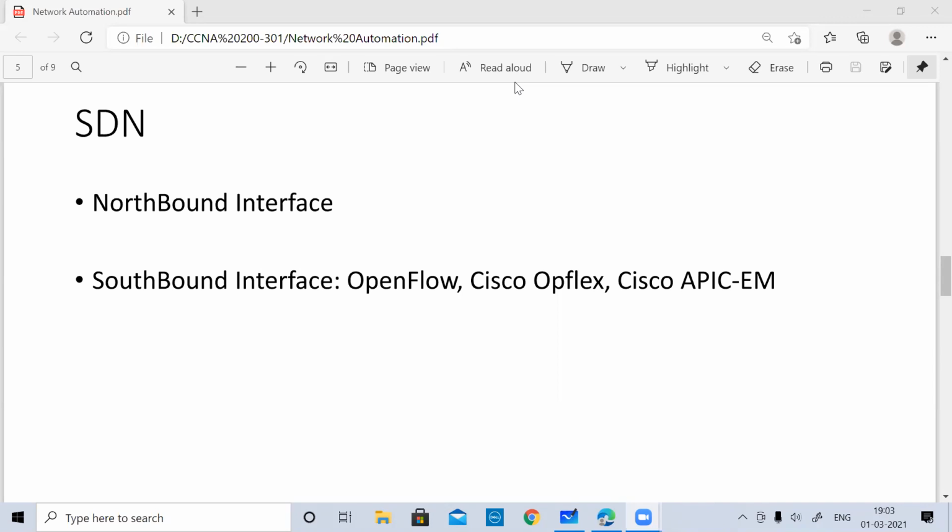However, with Cisco APIC-EM, you are not going to remove all the data plane from your devices and shift the control plane entirely. So you are not separating the control and data plane of your actual devices, but